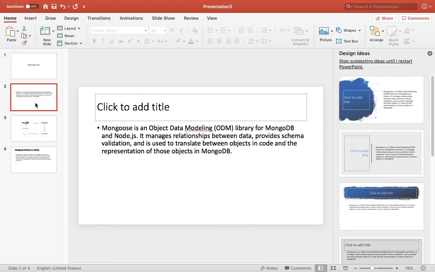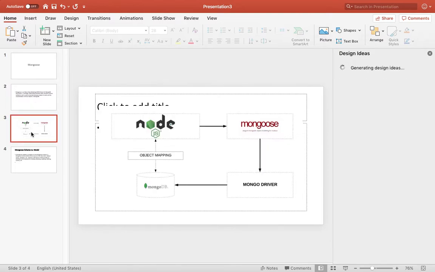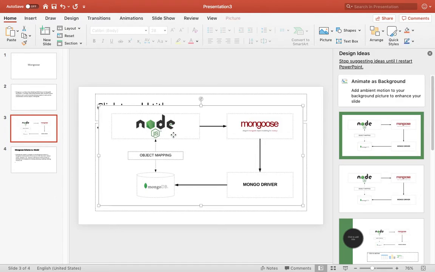There is one library called Mongoose, and Mongoose does that. It interacts between MongoDB and Node.js, and we have a Mongo driver which maps the object. Whatever document we create in MongoDB will be directly mapped in the form of an object, and in reverse it retrieves the data in the form of a schema to MongoDB or to the user.